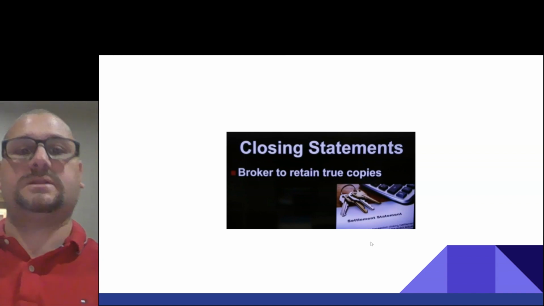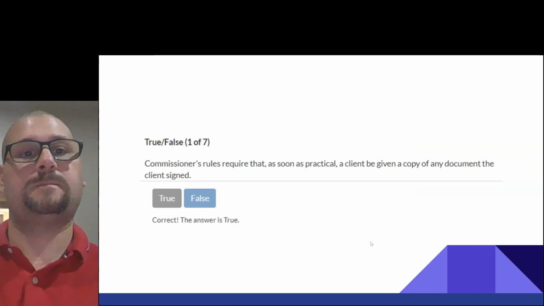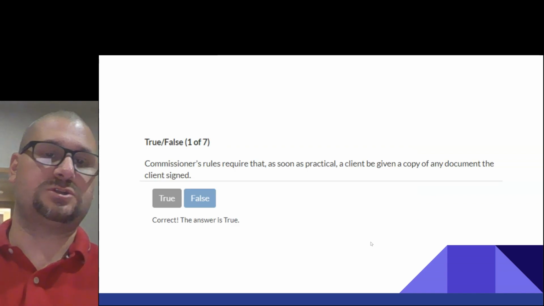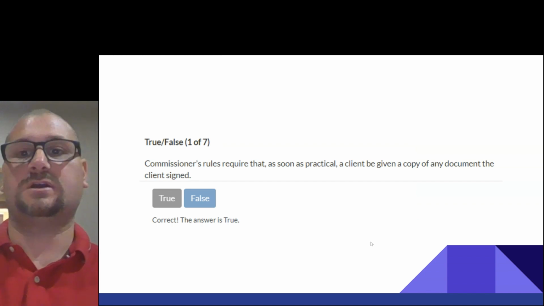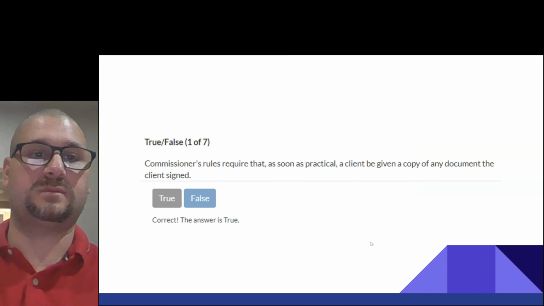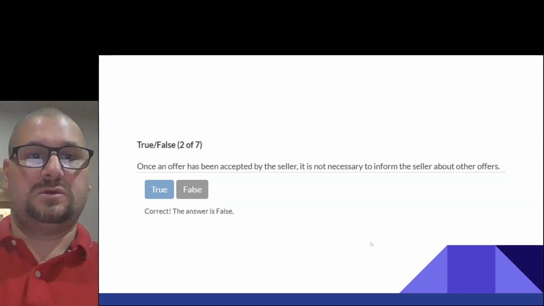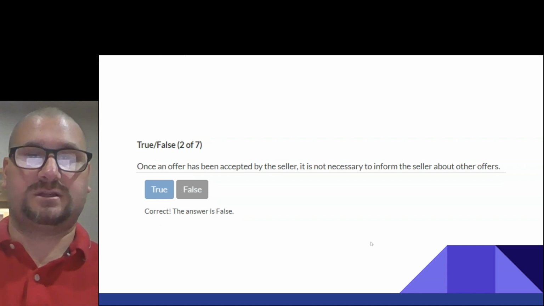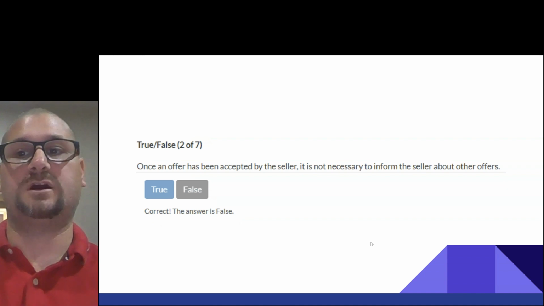So, closing statements, broker to retain true copies. Commissioner's rules require that as soon as practical, a client be given a copy of any document the client signed. This is true. Once an offer has been accepted by the seller, it is not necessary to inform the seller about other offers.